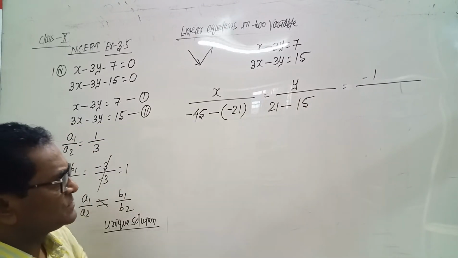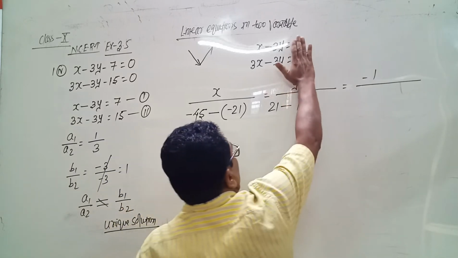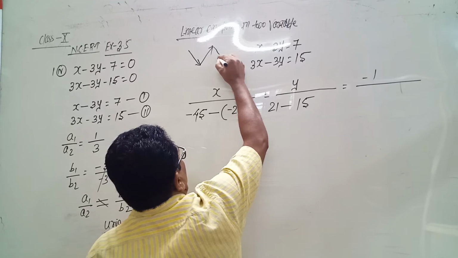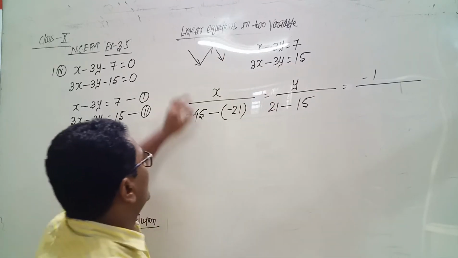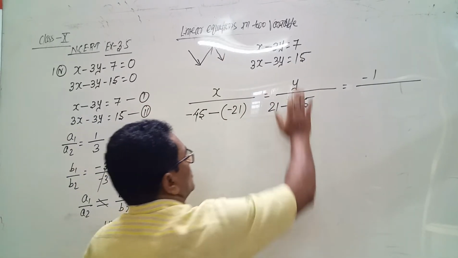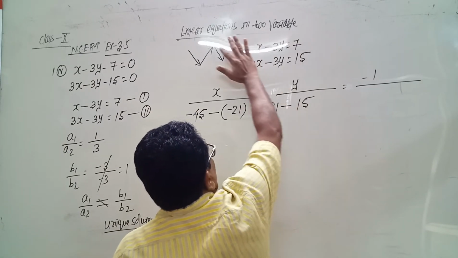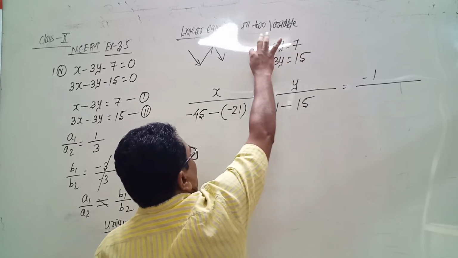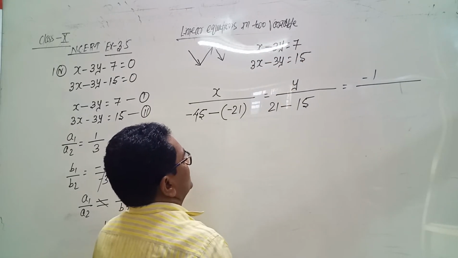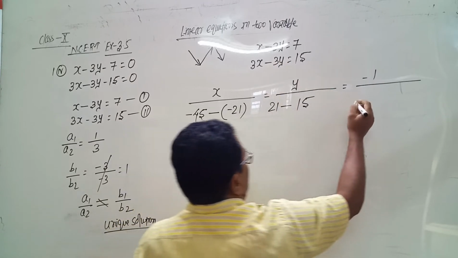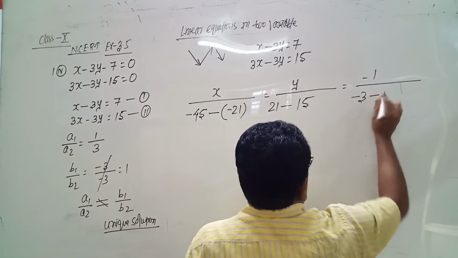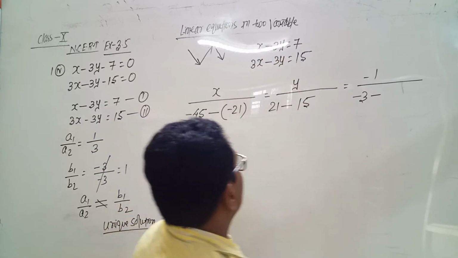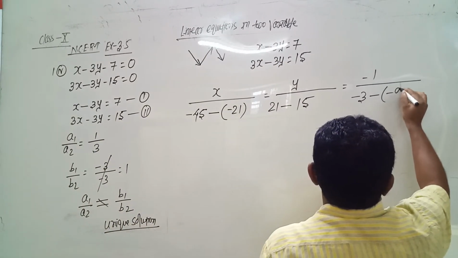When we take minus 1, then we have to close the constant term, and the first multiplication direction is again from the top to bottom. So we close this constant term and multiplication direction, first multiplication direction from top to bottom. So 1 multiplied by minus 3. This is minus 3. Put the minus sign. Then 3 multiplied by minus 3. This gives minus 9.